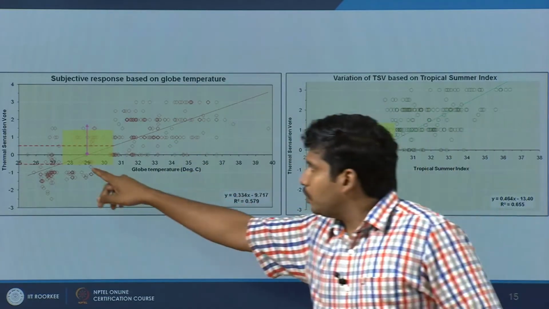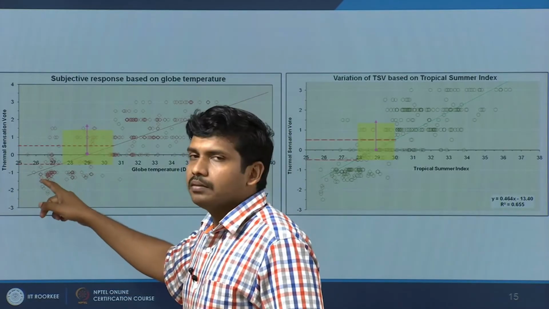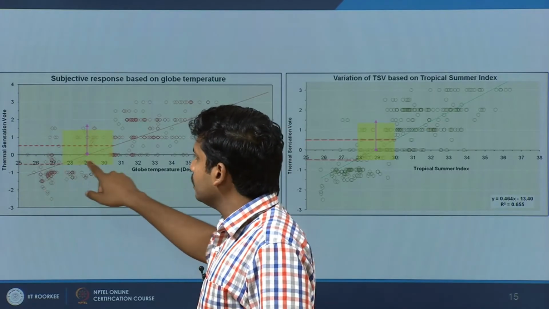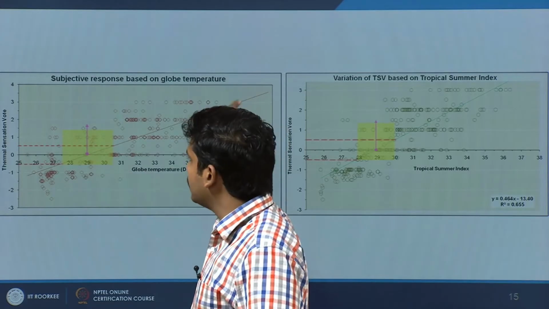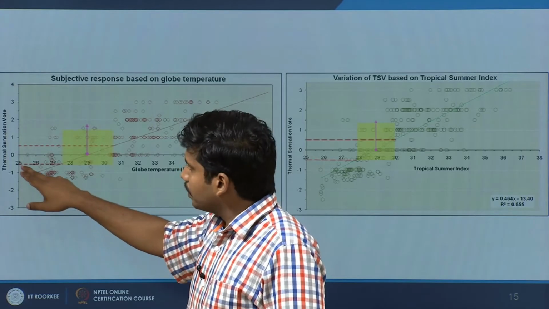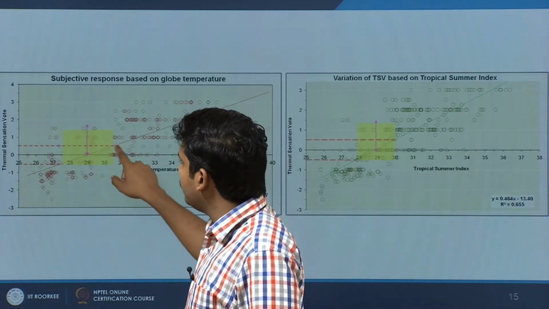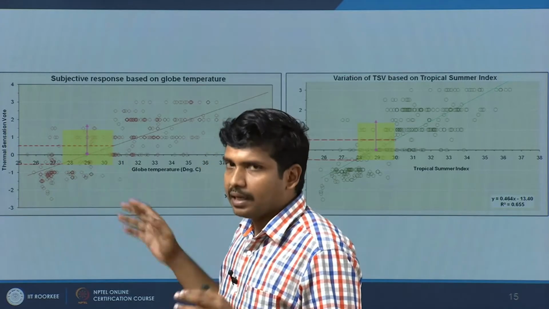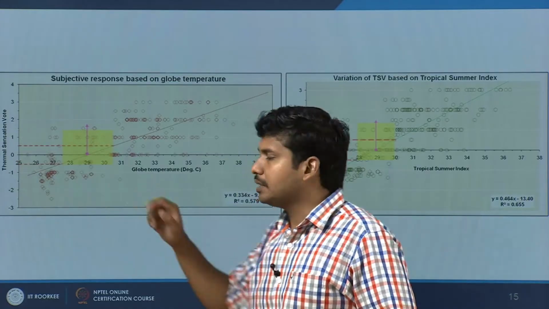Similar thing, one more important thing is when you fit a curve here, this particular line is a simple linear fit, it crosses 29 degrees at the thermal sensation mode of 0, which means the thermal neutrality for this total set of people is around 29 degree. If you take plus 0.5 and minus 0.5, say 90% acceptability, then the limit would be somewhere between 27.5 to 30.5. So, this would be the range which is thermally acceptable if you go with the thermal sensation vote.